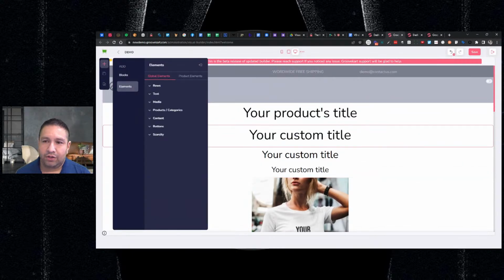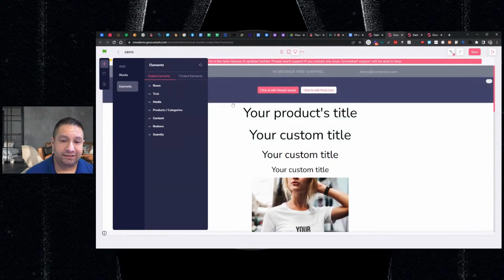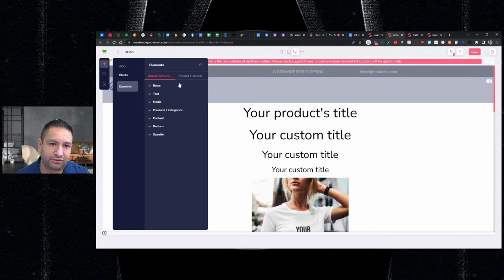Okay, so this is really cool. This actually helps you, especially if you don't have an existing store. You can get the settings the way you want, play around with it, and get it to where you feel comfortable. This is how you really want it. This is the buttons. This is the link colors, all that, how you want it, and then you can have it ready and saved globally for anything that you do. All right. Don't forget the product elements are always here, and they're going to be specific to the product page,